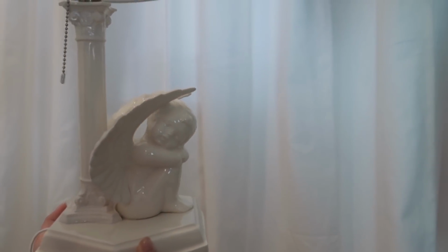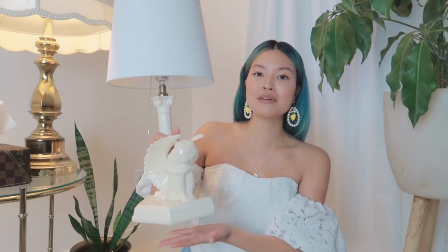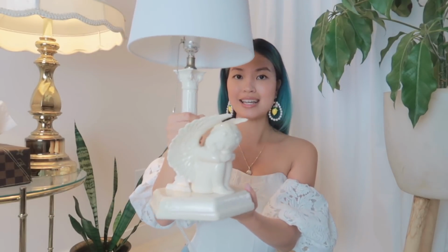So our bedroom is going to be an all white vibe, which is very different for us. I think we've taken some photos of it so far, and people on Instagram are like, what happened to all of your color? And it's just dispersed elsewhere in our home, but we really wanted a space that felt very minimal. In the past there was so much clothes, it felt like we were living in a closet, and we really wanted our bedroom now to feel like a space where we can actually rest and not have a bunch of stuff in there as well. So that's why we decided to go for something minimal, but this is on our nightstand and it is so